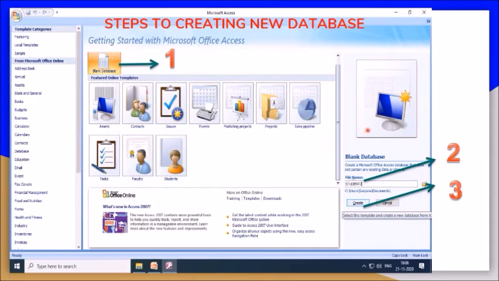On the right hand side you can see blank database where we can give the new file name, and there are two buttons, create and cancel. If you want to create, click on create. Here I had given subject as a file name and then I will click on create button. So these are the steps for creating a new database in Access.